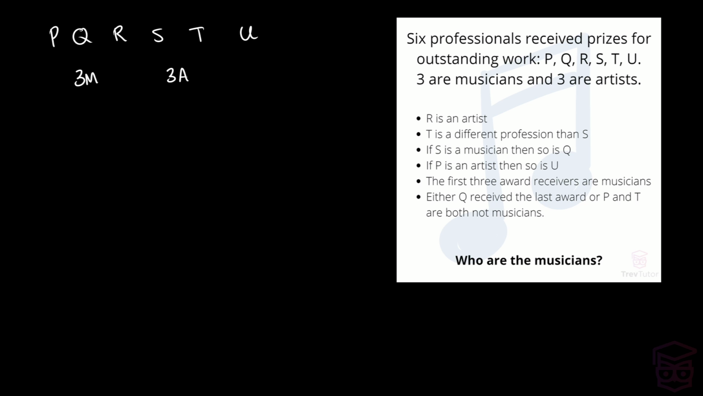So let's just go through the rules, and if we find some information that would change things, we'll make some alterations to the setup, but this is just the base information we have from the problem. The first one, R is an artist. This is great. I'm going to say that R is equal to A, and what I'm going to do to